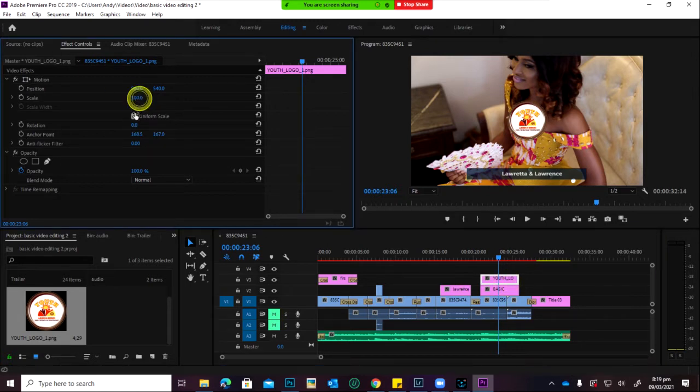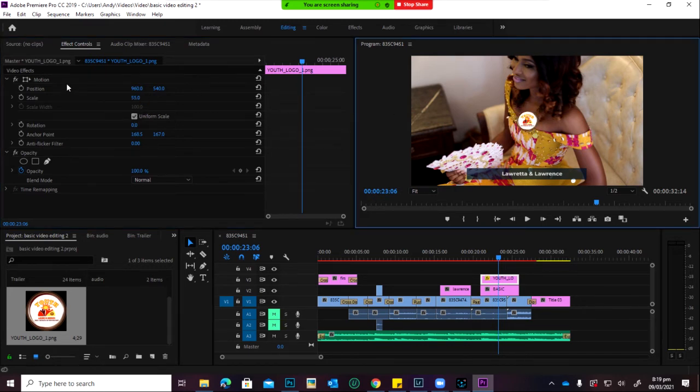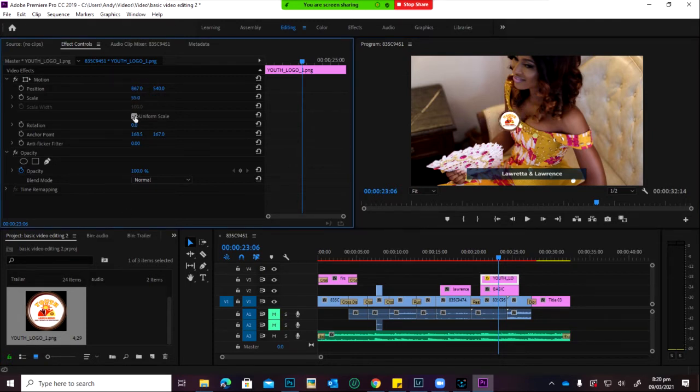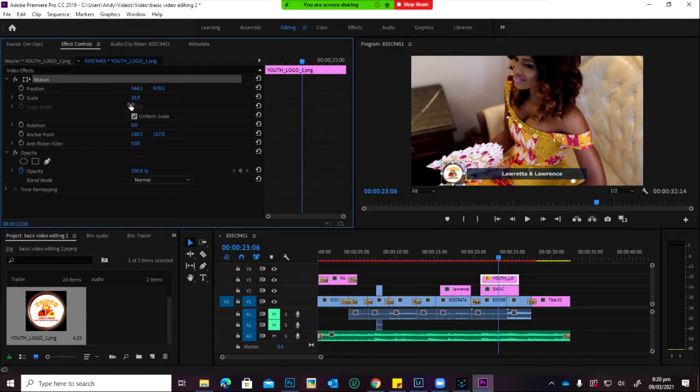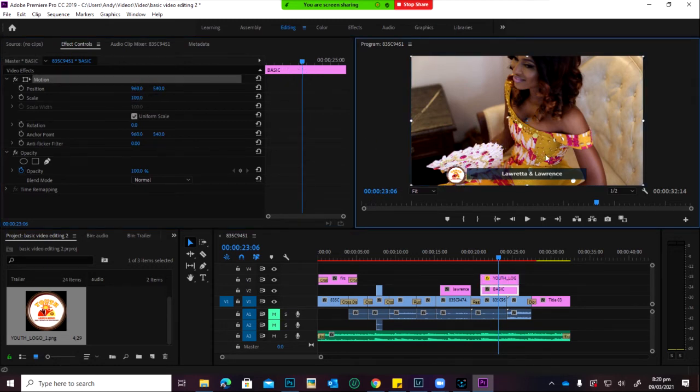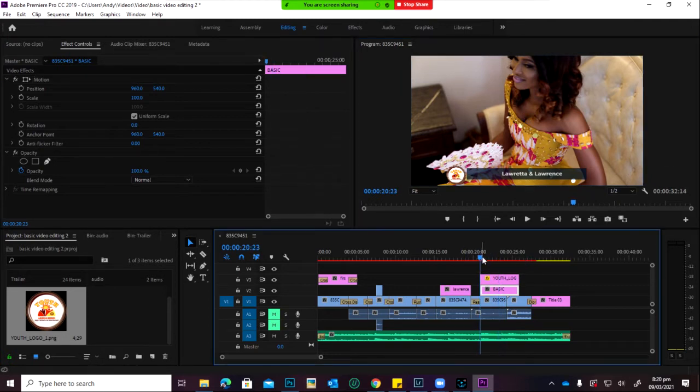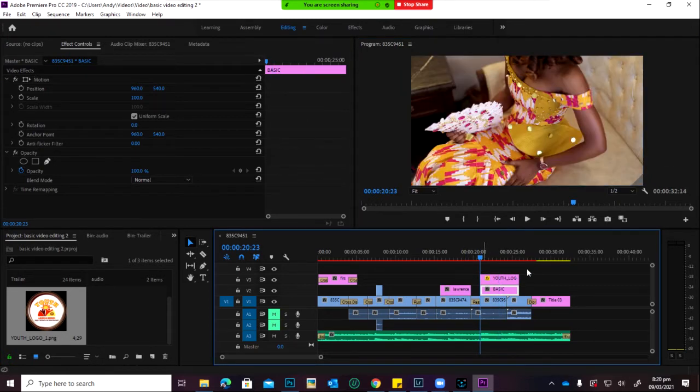So if I want the logo to be smaller, I can use the scale. I can use the position to do the repositioning, or I can just select here the motion. When I select the motion, I will be able to pick the logo to this side. Then I'll scale it in a little. I want it smaller. Then I have it here, so that when the name comes,